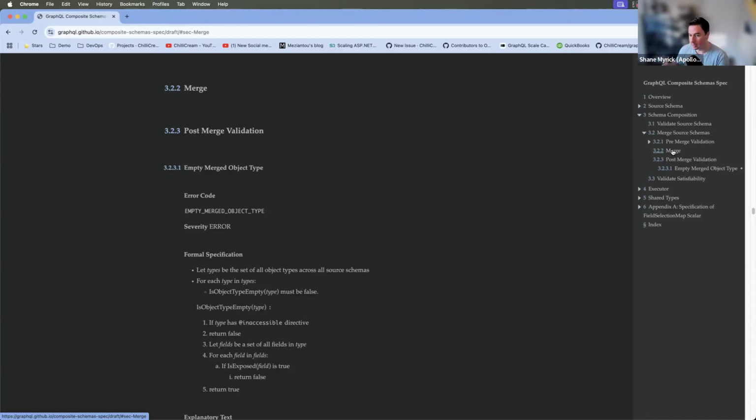So things like the @inaccessible directive or the key directive need to end up in the supergraph schema. Those things need to propagate through, versus other things where maybe we just apply some logic and that applies to how they get merged together or whether they can be merged together. And then the end result is just a field that exists in the supergraph schema.